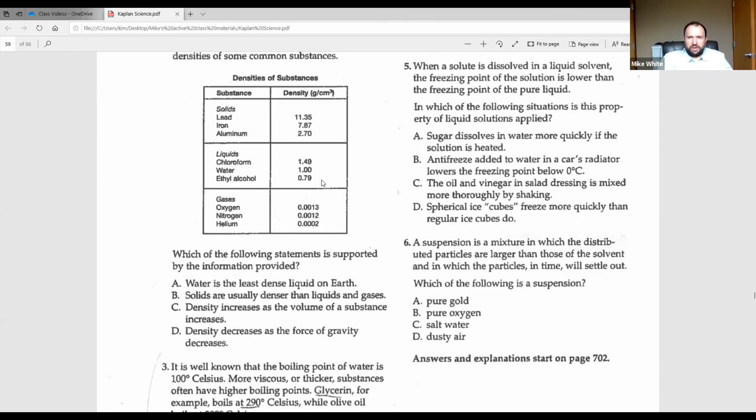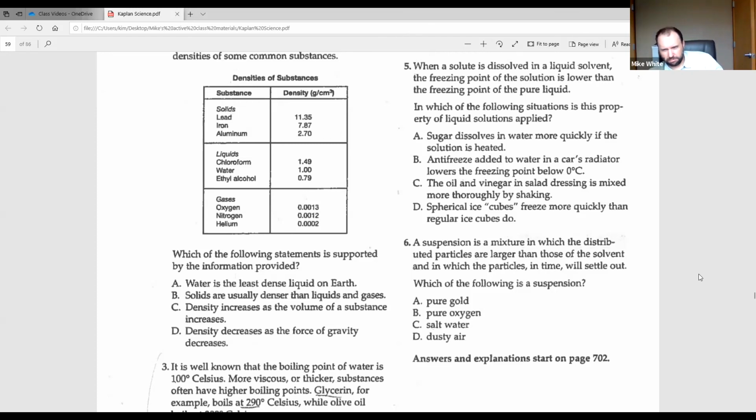Without getting into an explanation of whether or not that's true, just based on looking at this graph, there isn't anything even mentioned about gravity or its effect on density, right? So even though density decreases as the force of gravity decreases may be a true statement,